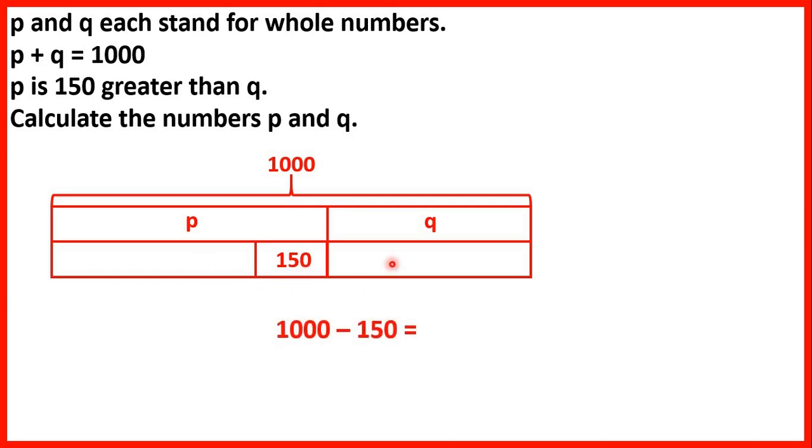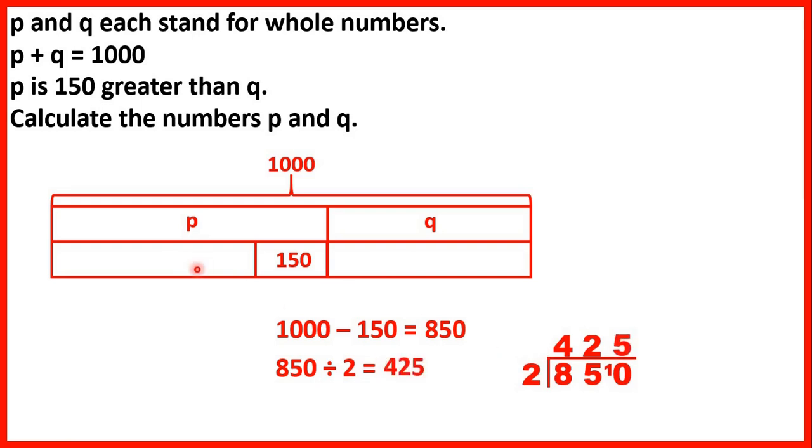So these two bars together are 1000 minus 150, so that's 850 for these two bars together. And if two equal bars are 850, to find each bar, we can divide that by 2, and that gives us 425 for these bars here. So that means that Q is 425, P is